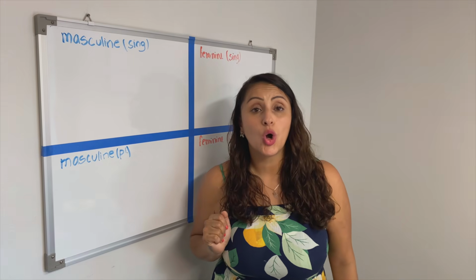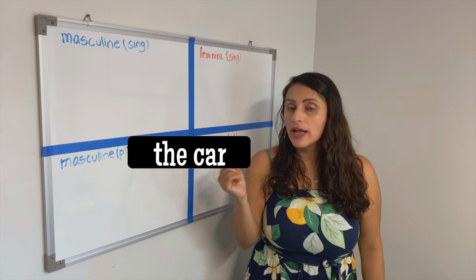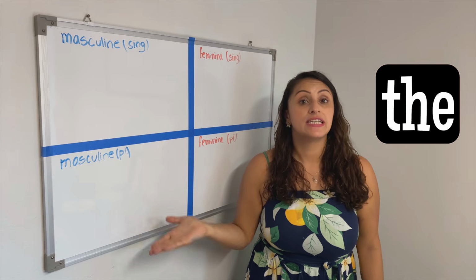One of the things that we want to be able to do is say things such as, I like the red car. Well, here's a red car. So what we would say is, me gusta el carro rojo. Me gusta means I like. But el, that's what we're going to be focusing on how to perfectly do today. That's your definite article, the. So remember, right now our main goal is to be able to say the word the. When we say the car, the books, and all those kinds of things. Basically, the in front of a noun, okay?